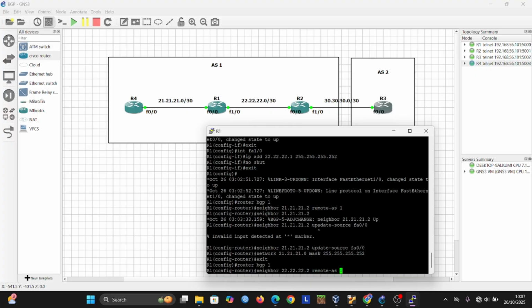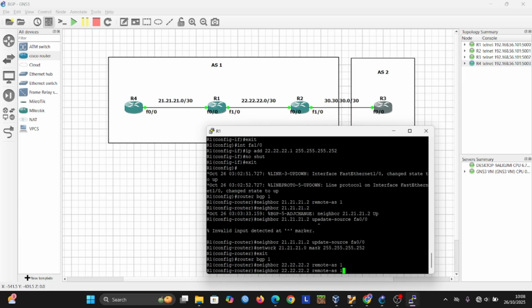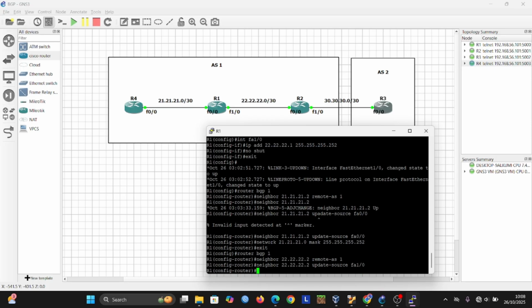So we update the source again, and we update the network with the mask.